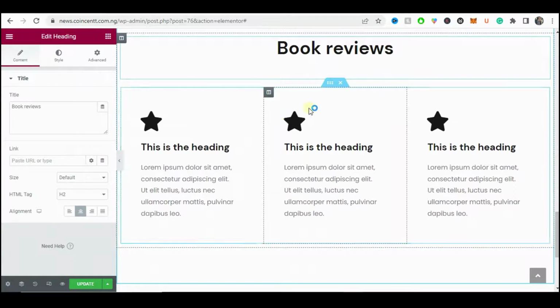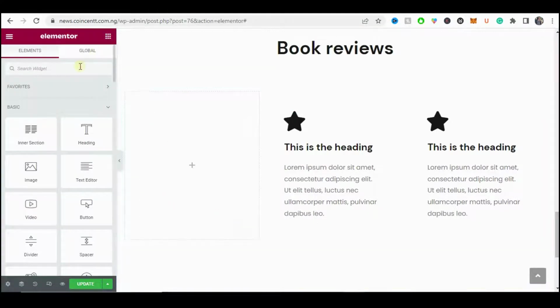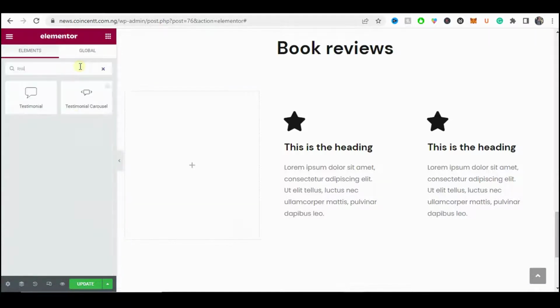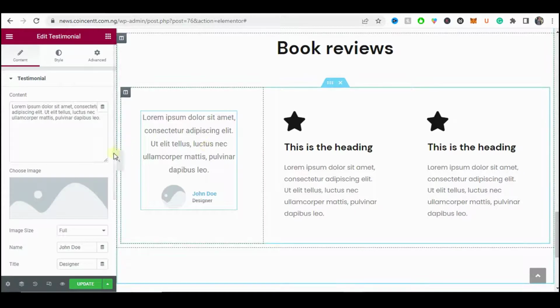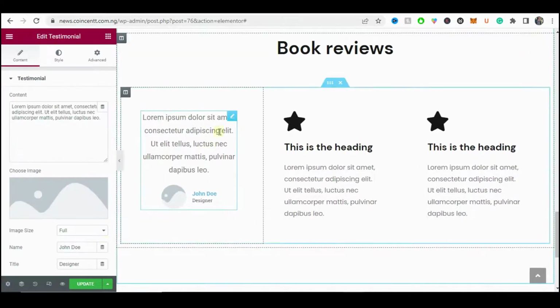So moving on, we're going to edit this inner section. Just delete this, and then we're going to come down here and search for a new widget called testimonial. This is the one we're using, and just drag and drop it here. This is the testimonial we're going to use for 3 of them, but we're just going to style one and we're going to duplicate everything, so we don't need to start manually copying and pasting into other sections and